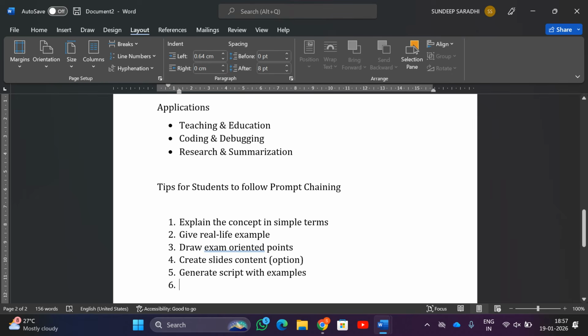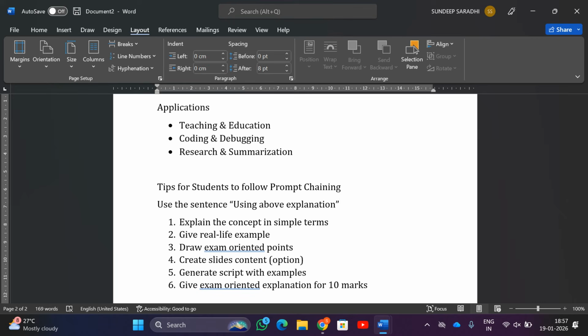Okay, and finally you can give exam oriented explanation for 10 marks. Okay, and in all these cases, just use the sentence using above